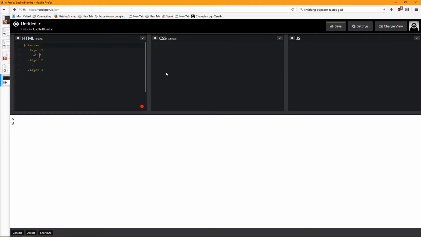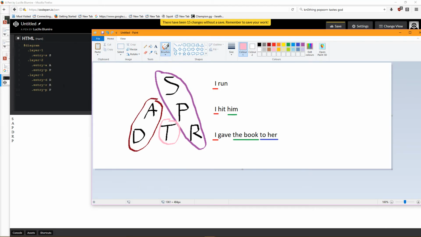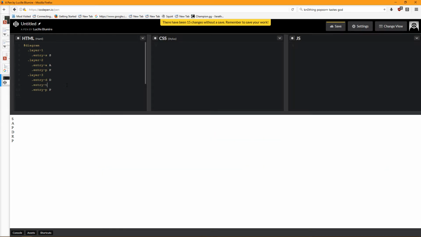This is dot entry S, this is dot entry A, dot entry PP, entry D, entry R, and entry PP. Wait, DTP, not DRP. DTR, not DTP. Cool.